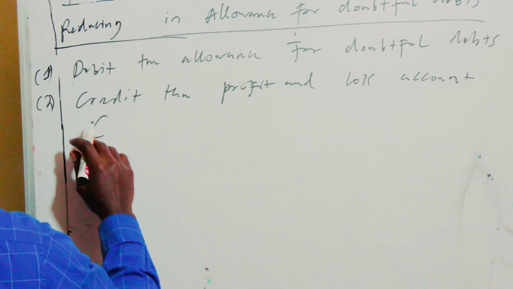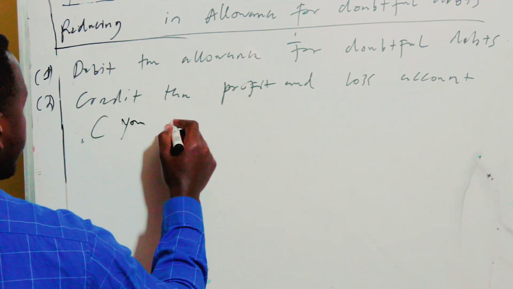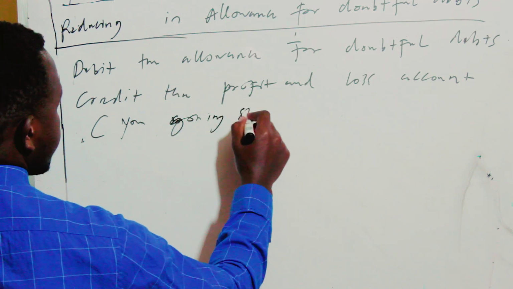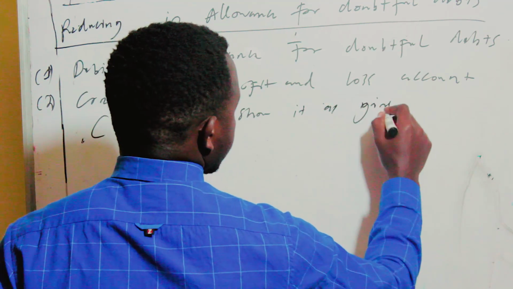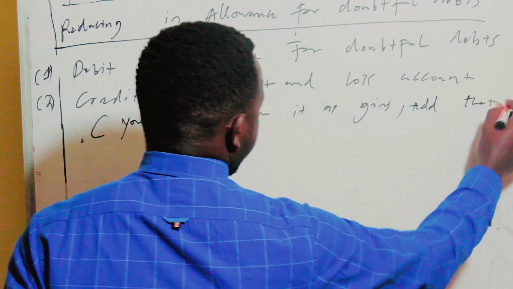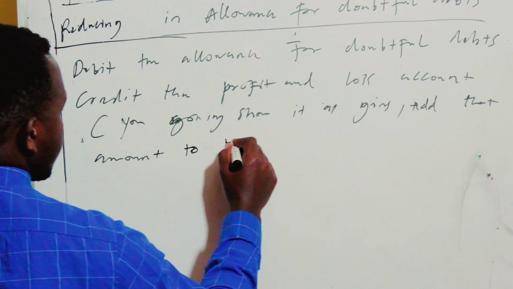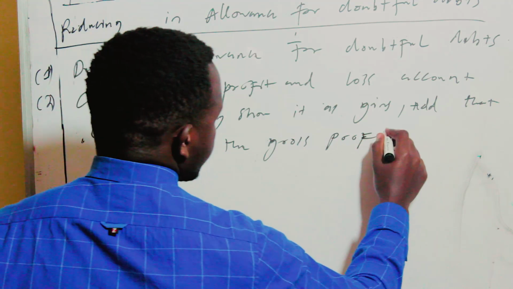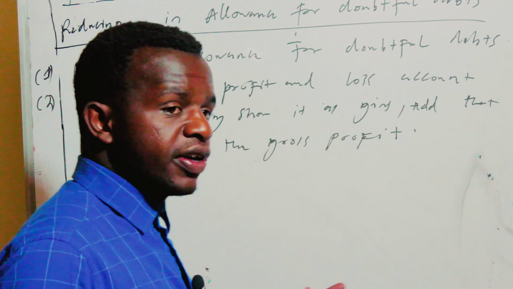So that means that you are going to show it as gains, and you're going to add that amount to gross profit. So we're going to continue from where we ended from the previous year,